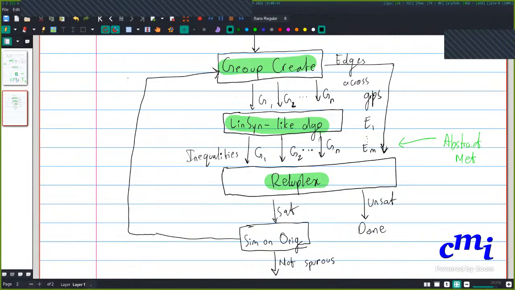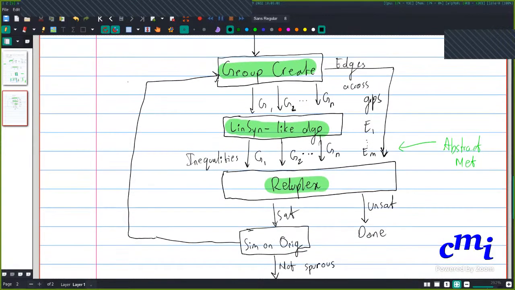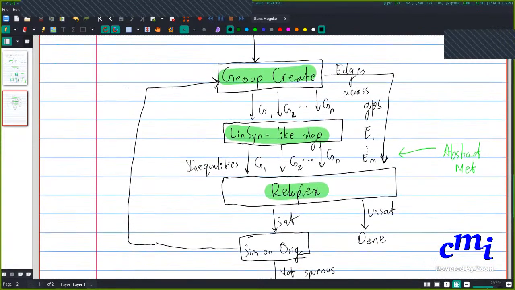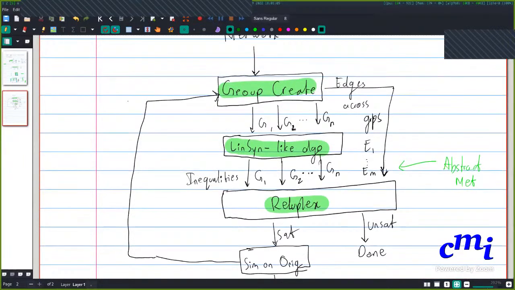So what I'm saying is, you will see this flow chart that Diganta has shown here. This is a very general framework called the CEGAR loop. CEGAR stands for counterexample guided refinement. So far you've only seen ways of abstracting using over approximations. And as you know, the over approximation sometimes gives rise to spurious counterexamples.